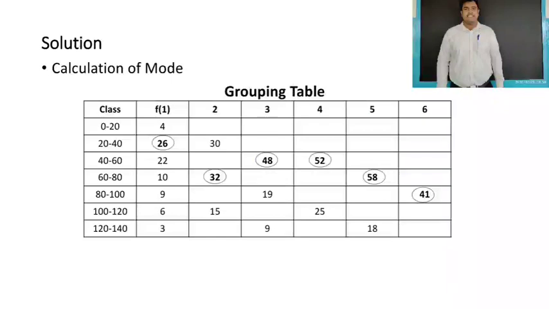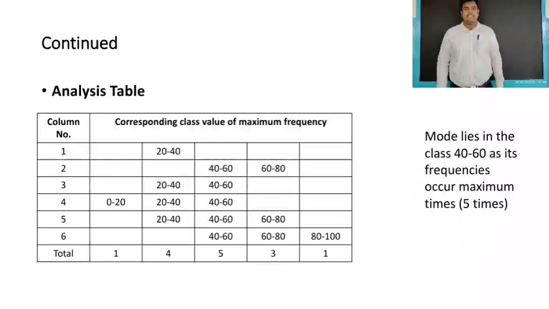In the last, that is the sixth column, it is the grouping of frequencies in threes leaving the first 2 frequencies. So 22, 10 plus 9, I get 41. After this grouping table, I need to round off the highest in each of the columns. Next, I prepare an analysis table by considering the corresponding x value of the highest frequency that is rounded off in each column. So when I prepare the analysis table, I get this result, and in this result it is